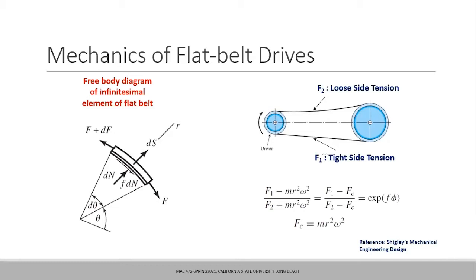Is it because of the two radii of the two drive bearings? No. We are still working on one side of the pulley. We are just working on this differential element, and from there we get the expression. But we are just working on one side of the pulley. The extra r here is not taking into account the driving side pulley.